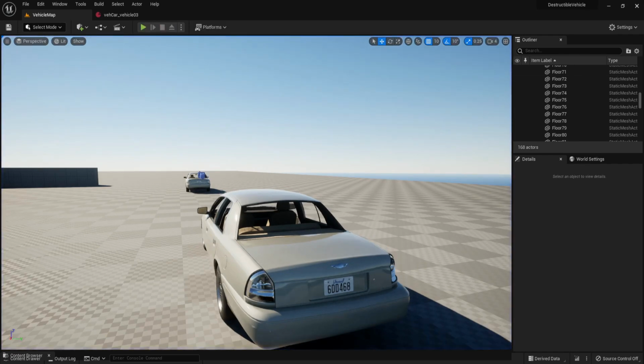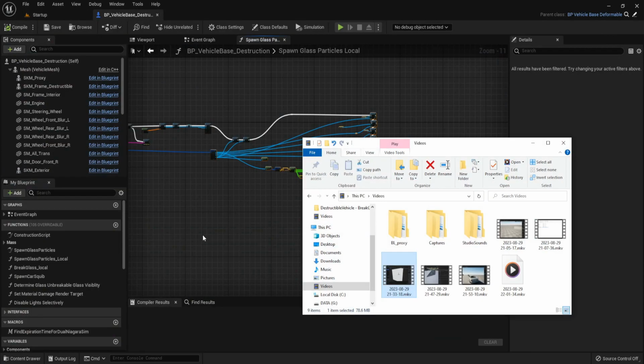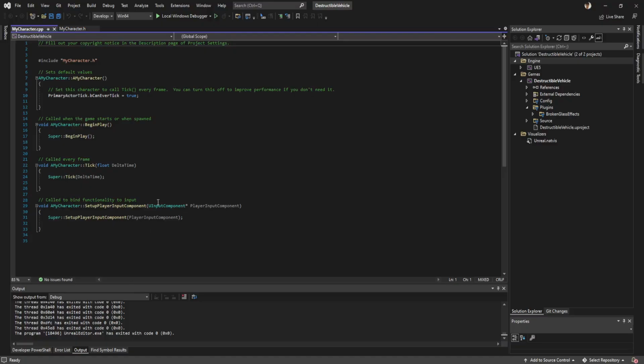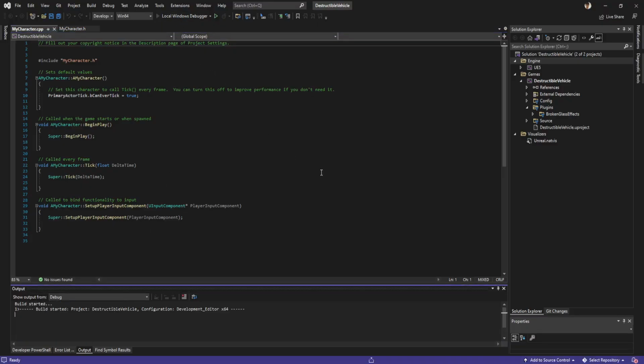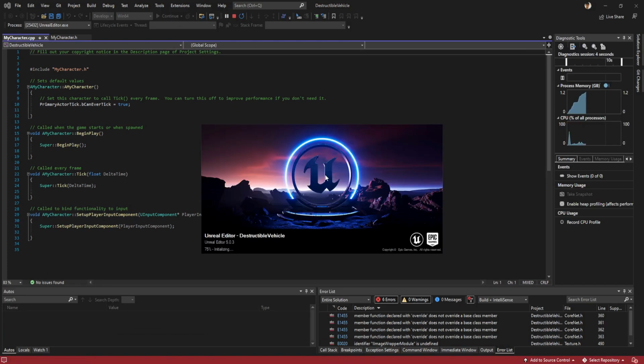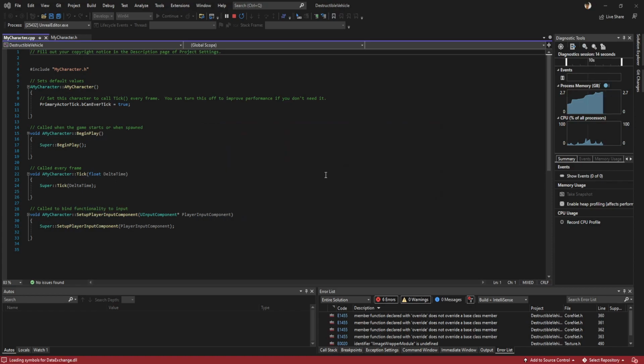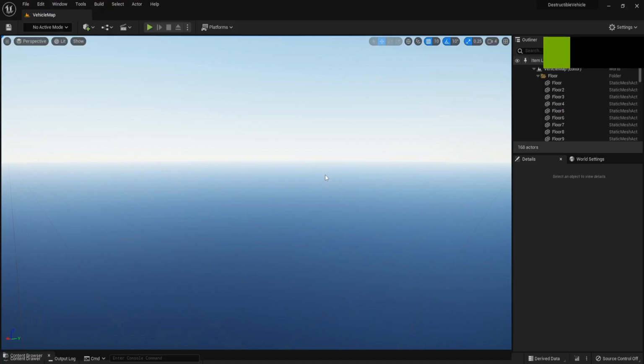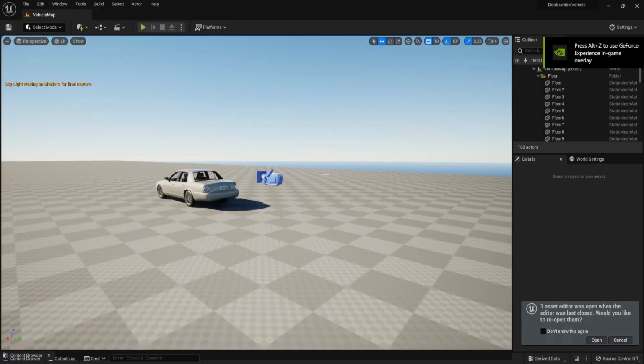You may have to close this project and then open this project again. You may spend a shorter time to compile the shader. When you make a change to the material, you have to compile the shader.